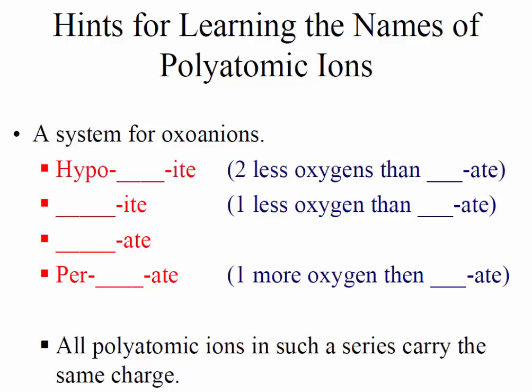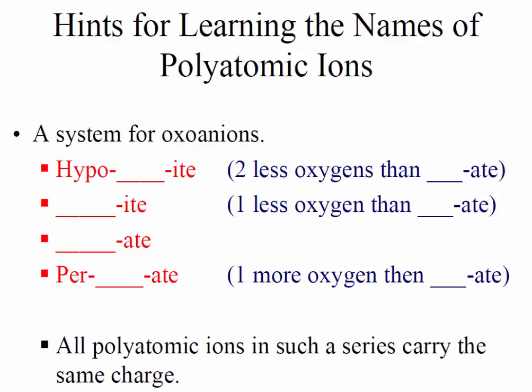And you will notice that if you know what the ate version of something is, for example, let's say that you know that the polyatomic ion chlorate is ClO3 with a -1, you should then be able to use this system to predict the formulas of related polyatomic ions. So for example, if chlorate is ClO3, chlorite would be ClO2, hypochlorite would be ClO, and then perchlorate would be